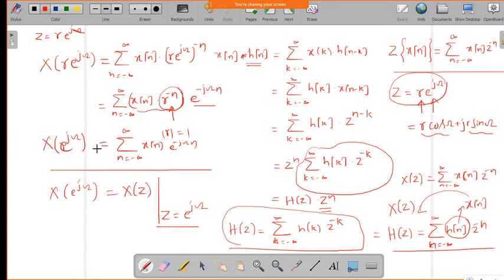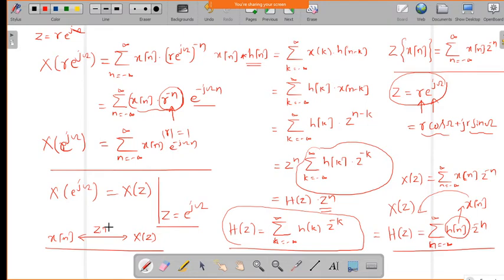Now this is about the discrete time Fourier transform, and how to correlate it with the z transform. We have seen the z plane also, and we can tell that x of n and X of z will be called a z transform pair. So we will have a z transform pair.